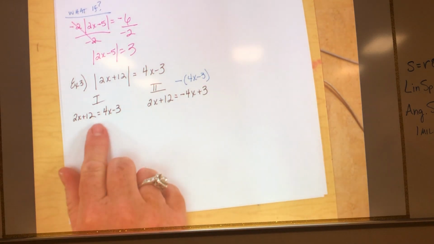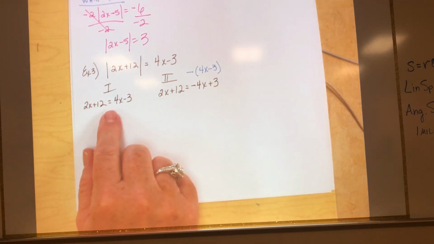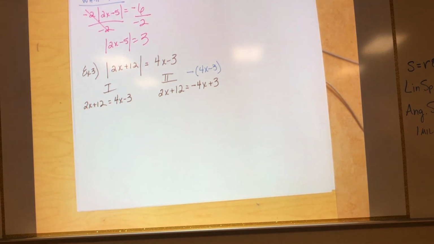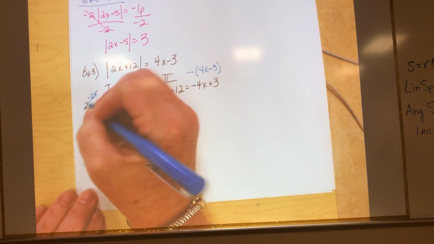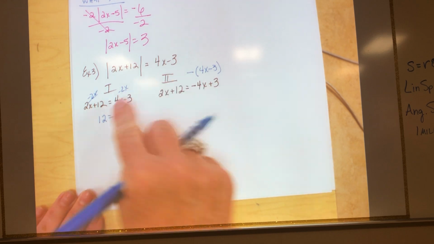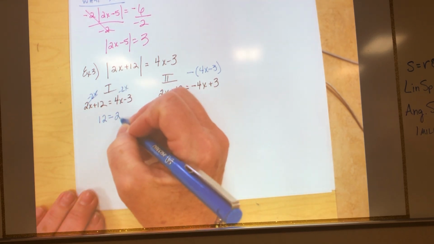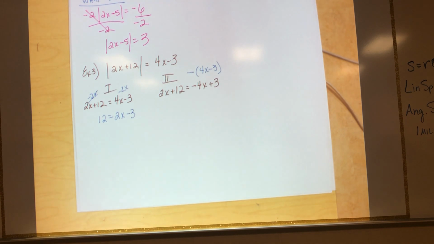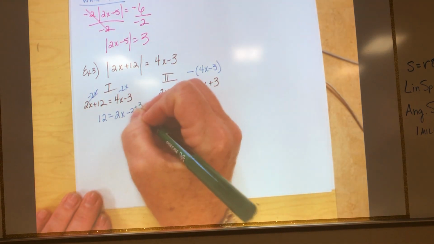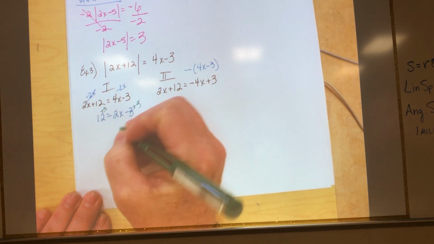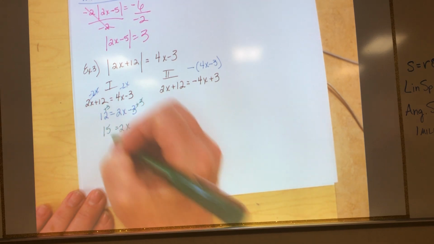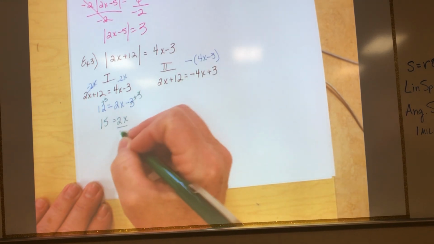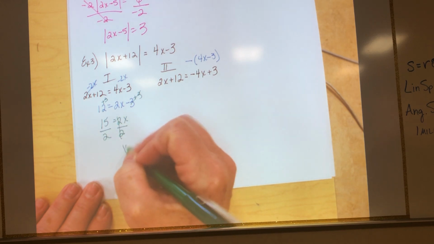So I'm gonna go back over here on the left at case 1 and solve for x. I'm gonna put my x's on the right because he has the most, so I'm gonna subtract 2x from both sides. Are you with me? So 12 is equal to, what's 4x minus 2x? Now what am I gonna do? I'm gonna add 3 to both sides. And I got 2x is equal to, what's 12 and 3? 15. And now what am I gonna do? Divide by 2. And what is x equal to? 15